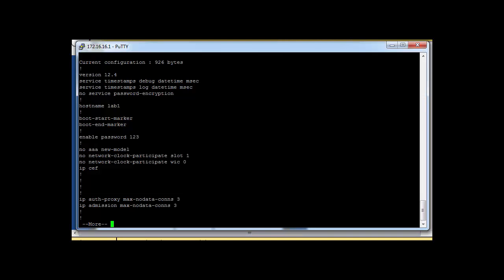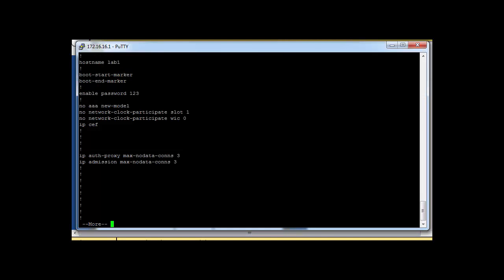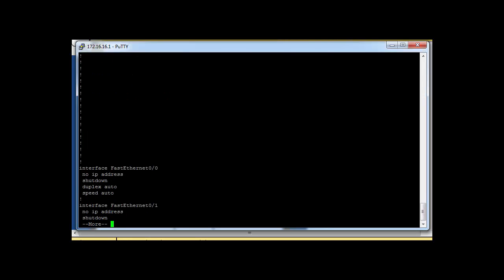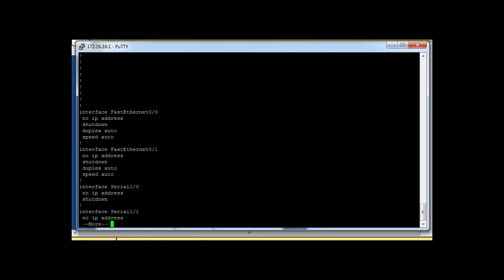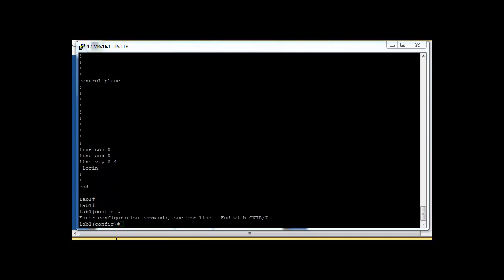Nowadays we are not going to use this password to protect our router. Instead we use the secret. These secret passwords are MD5 encrypted passwords. It's very difficult to crack these passwords. They are encrypted by the MD5 encryption method. So how do we enable this secret password?